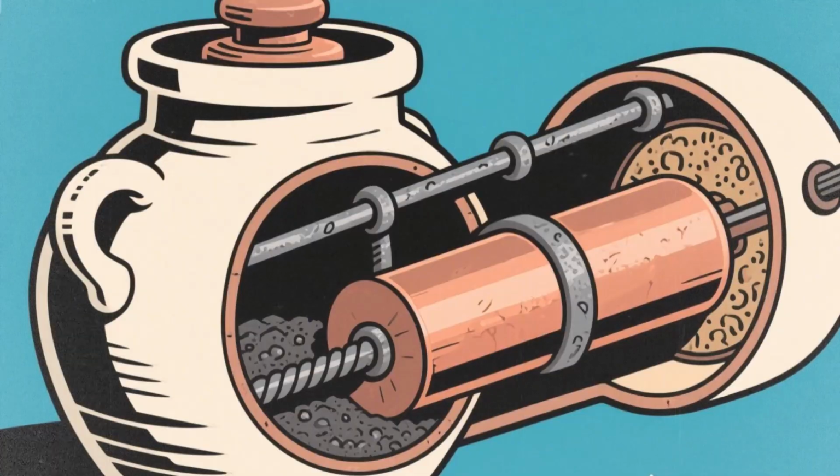Looking at the Baghdad Battery, we've got our copper cylinder, that's one electrode. We've got our iron rod, that's the second electrode. But here's the thing, for this to work, you need an electrolyte. König and others who supported this theory suggested that the jar would have been filled with an acidic liquid, perhaps vinegar or wine. Now, if you did fill this thing with vinegar or wine or lemon juice or any acidic